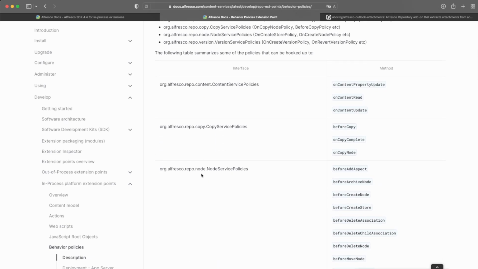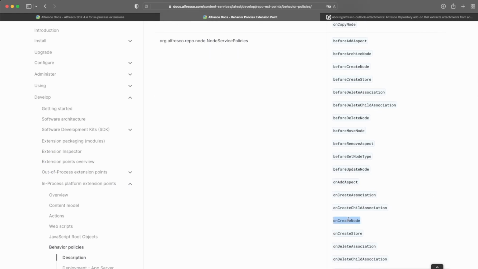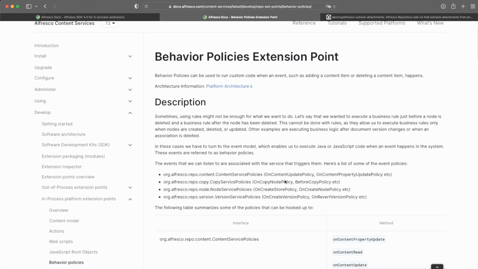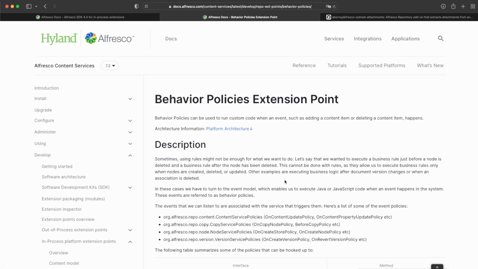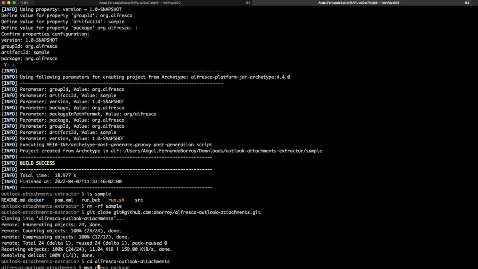In our case, we are just listening to the node service policies on create node. Every time a node is created in the repository, we are able to add some code to the out-of-the-box behavior. You have all the different documentation for the behavior policies in the official Alfresco documentation. And in our case, we have the product. We can just build